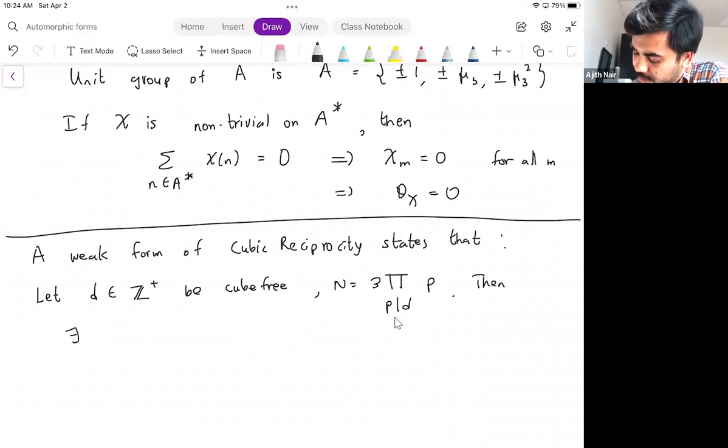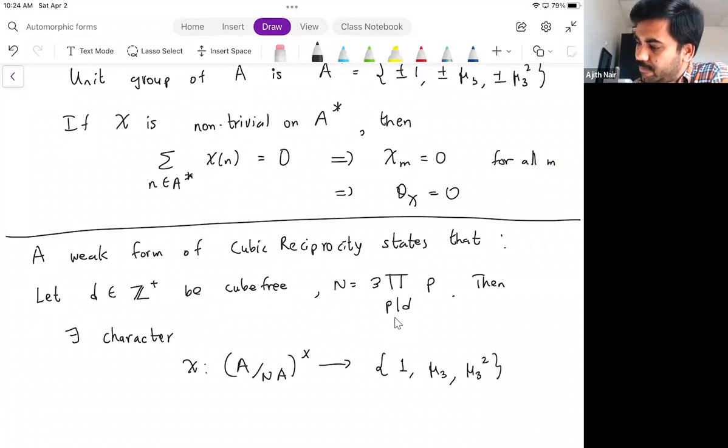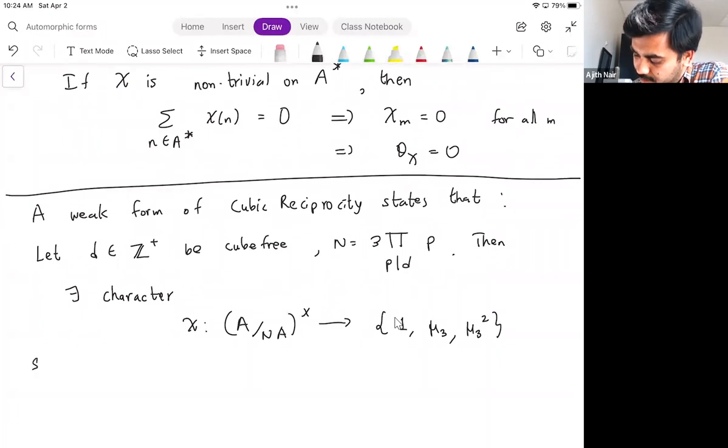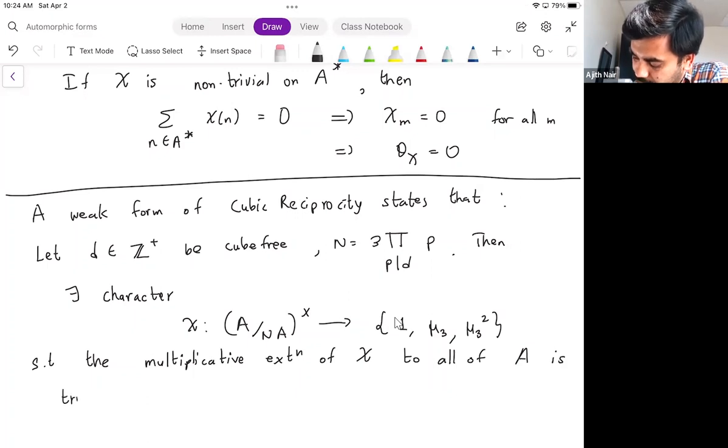Then there exists a character chi from (A mod NA) cross to 1, mu3, mu3 squared, such that the multiplicative extension of chi to all of A is trivial on A star and on primes P not dividing N,